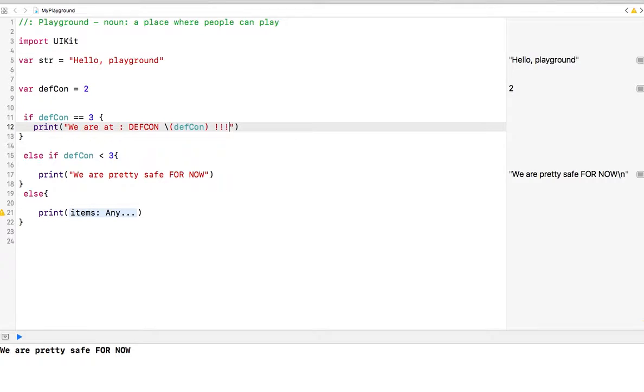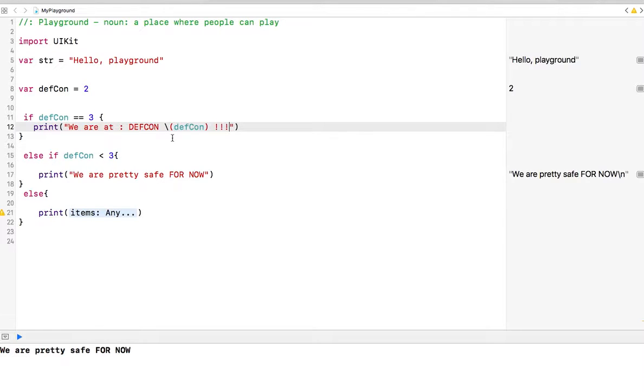So if it's 3, hey, you might want to take alert, DEF CON 3. It increases the force readiness. It puts the Air Force on notice and prepare to mobilize in 15 minutes. So that's something you want to pay attention to. Else, if DEF CON is less than 3, which means level 1 or 2, then you're feeling pretty safe. Okay. Else, it has to be either